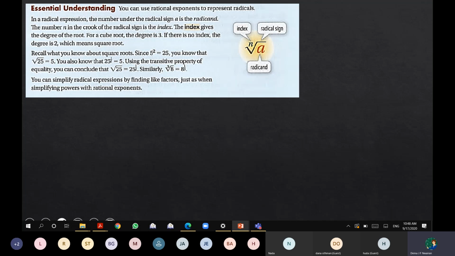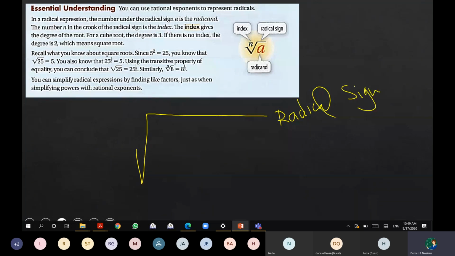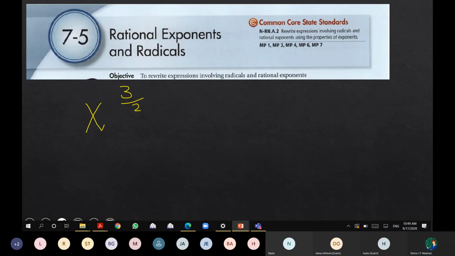But before we start, what is a radical expression? As you see here, this sign, we name it a radical or a radical sign. Now, in this crook here, we have a number, like the number 3 as an example. This number, we call it an index. It's on the crook of the radical sign. And the number that is inside